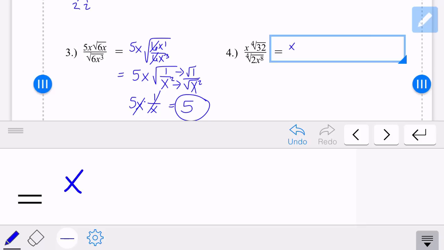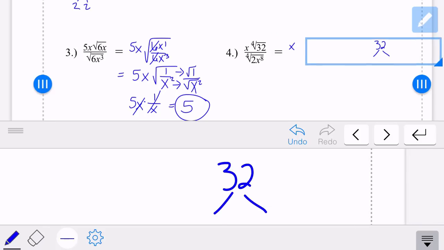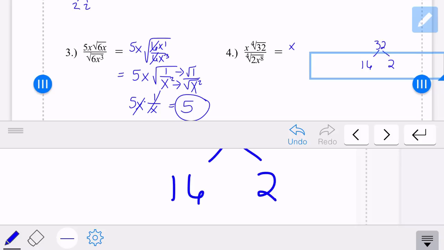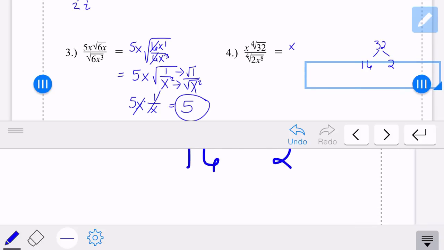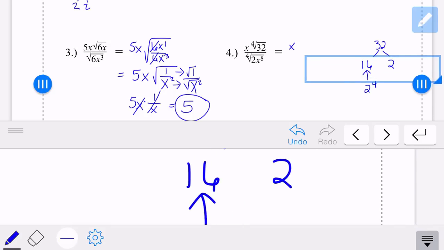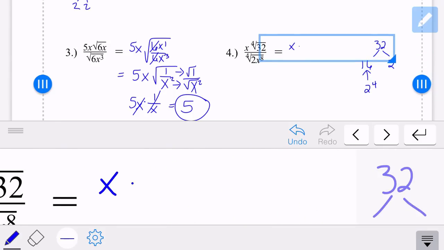So the fourth root of 32. Well, let's think about 32 for a second. Now it's a fourth root, so we're looking for groups of 4, or a perfect fourth. So 32 has factors of 16 and 2. And 16 is actually the same as 2 to the 4th power. So that's a perfect fourth. So we can take that out. So it would be x times 2. And then the fourth root, what was left over? Another 2